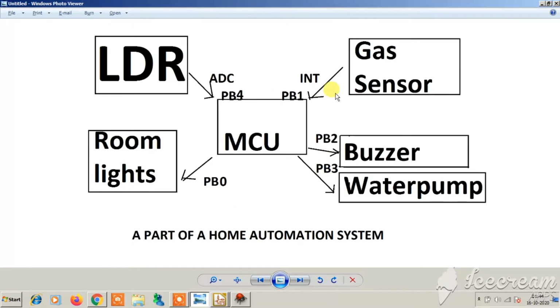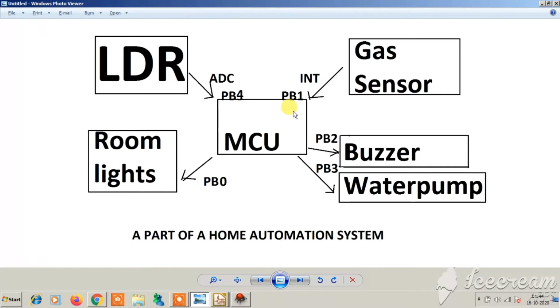So you can very well understand why interrupts are important to a microcontroller. Using interrupts, you can do more tasks with the microcontroller. By using polling, you will tire out your microcontroller, it will take up more space, and you can do fewer things with it. By using interrupts, you can do more things with the microcontroller and you can optimize the code.